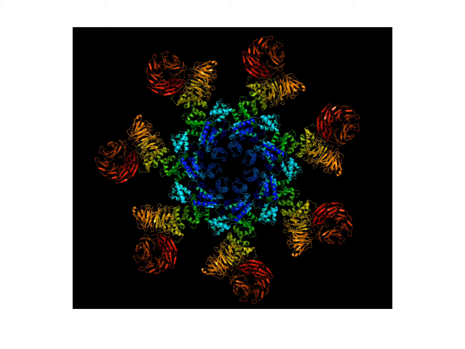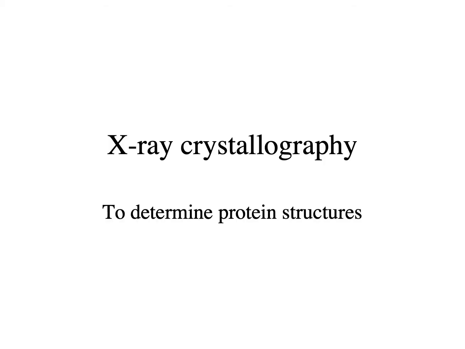We come up with it using data generated by what's called X-ray crystallography. So I want to talk a little bit about this technology. X-ray crystallography is used to determine protein structures. And I'll give you a little bit of history as well. So you can take a purified protein. If I want to work with an antibody, you can purify that antibody, and you can crystallize it. It has to be extremely pure,